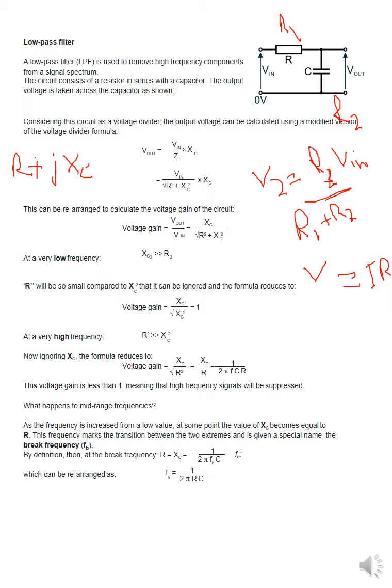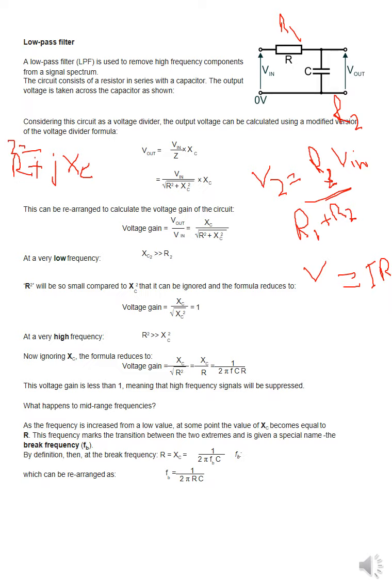which we did in this. So our impedance is this, Z equals R plus jXc. So when we need to find the magnitude of the impedance, we take the square root of R square plus Xc square. So this is my total impedance in place of this. So it will be Xc divided by total impedance times the input. So if we need to find the voltage gain, then the voltage gain will be V out divided by V in. You can say it will be Xc divided by the square root of R square plus Xc square.